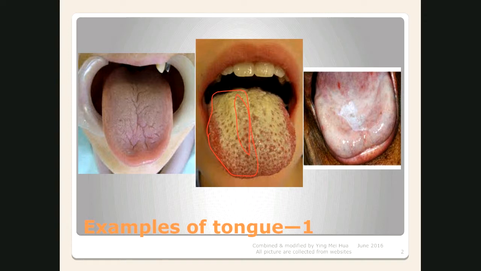Now, number one image tells us what? If this is represented in Wen Bing, number one image tells what? Wonderful. It is yin damage. We can see multiple cracks. So is it an early stage of Wen Bing or a later stage of Wen Bing tongue? Later. So this first tongue, thank you very much.